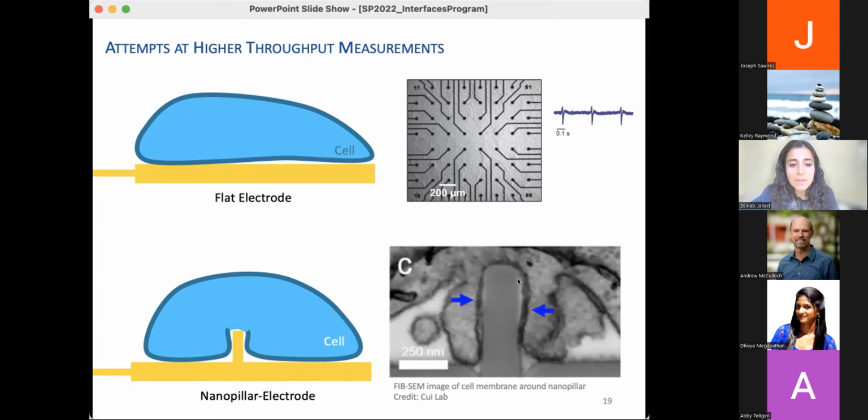And most of the time, the cell membrane will actually just tightly wrap around this nanopillar, as I showed in the previous studies as well. So the sharp nanopillars are not able to actually puncture the cell and access the inside of the cell. But